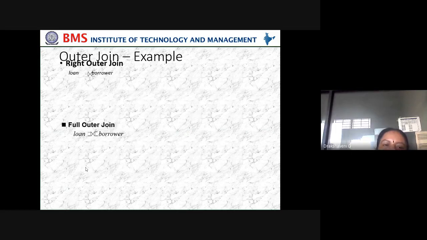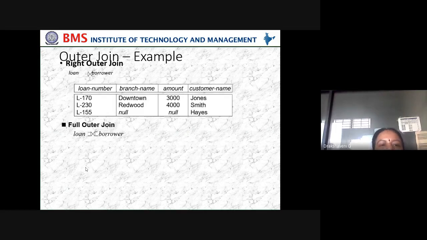Okay, then in the same way, right outer join means what? I want all the elements which are present in the borrower table. In the left outer join, all the elements which are present in loan we have taken. Now in right outer join, those present in the borrower will be there. So in the borrower, 170 and 230 are the intersection, and the element which is present only in borrower is 155.